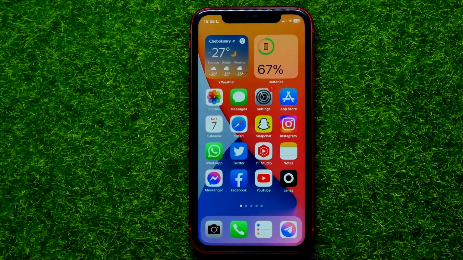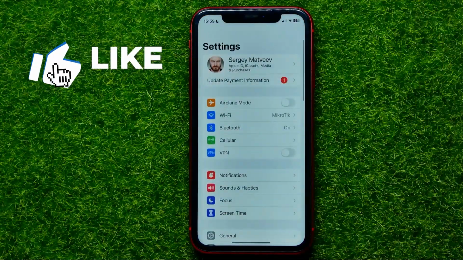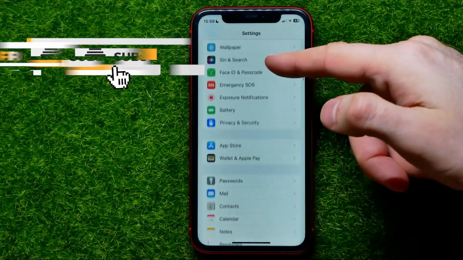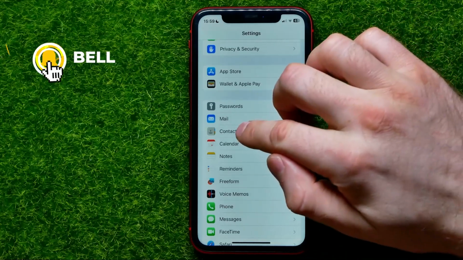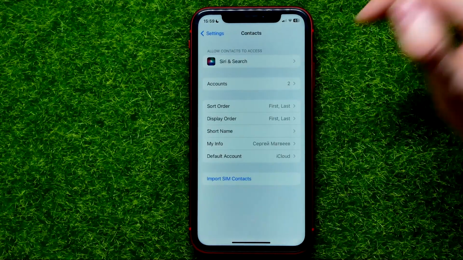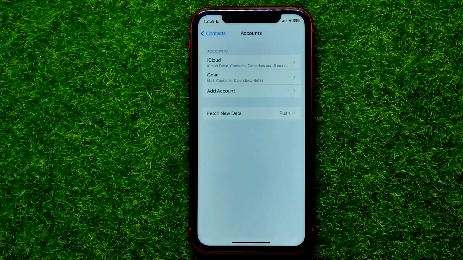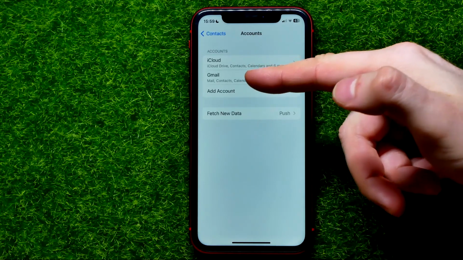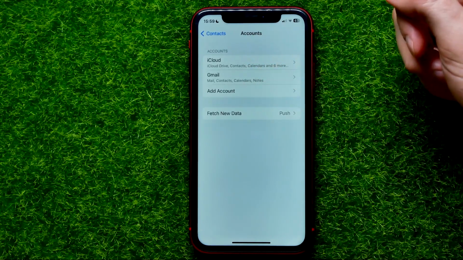So let's begin, and first get into settings, then scroll down until you find contacts. Here it is, and right here you can tap add accounts. It shows you all the accounts including your iCloud or Gmail or some other accounts, and if you want to